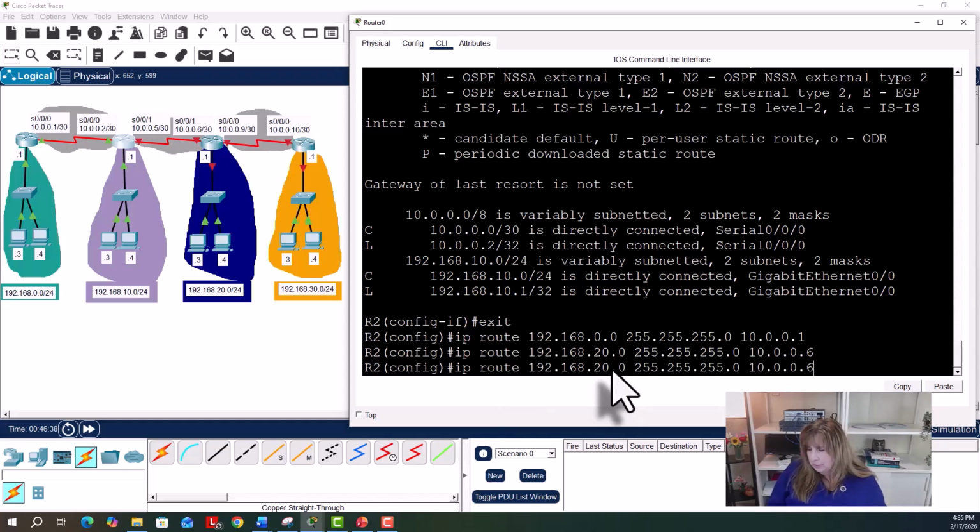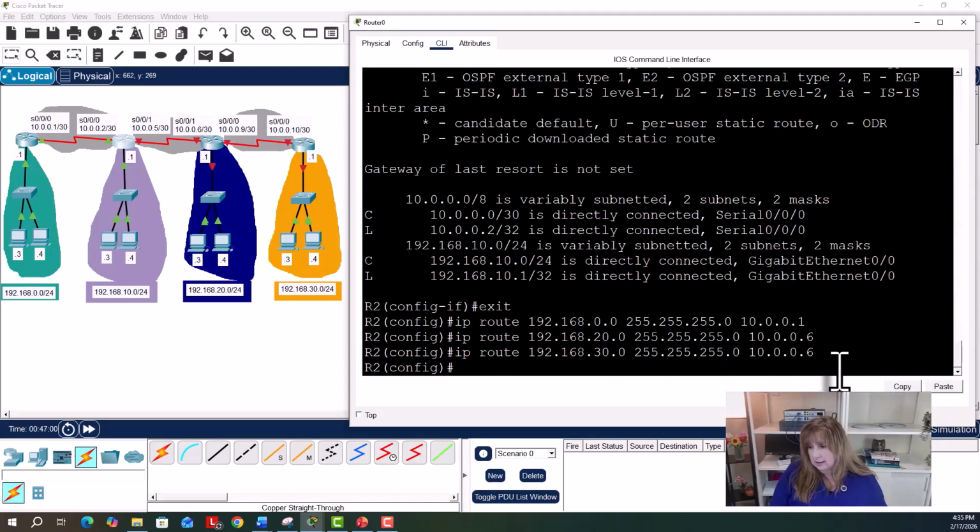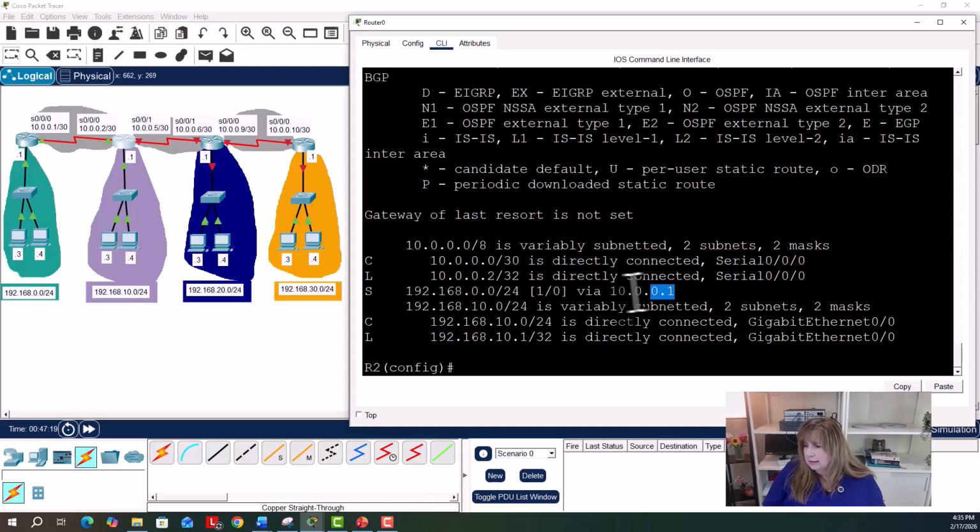So we're going to do IP route. We're still going to put in the network, which is the .30.0 network. And where is our next hop? Well, it's still right here at 10.0.0.6. This will put my 3 routes that I need in this router. Now, yeah, that 10.0.0.6 interface isn't configured, but still, if we look at our routing table, see, we've only got this static route